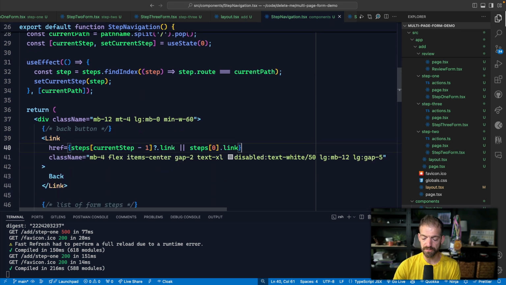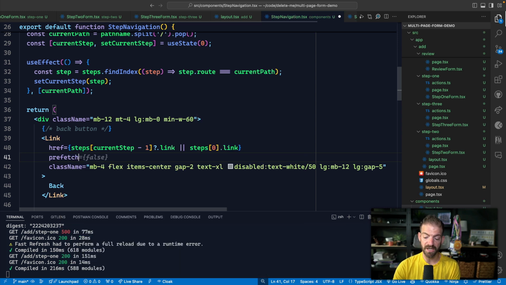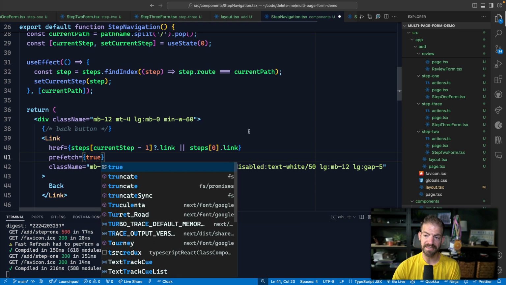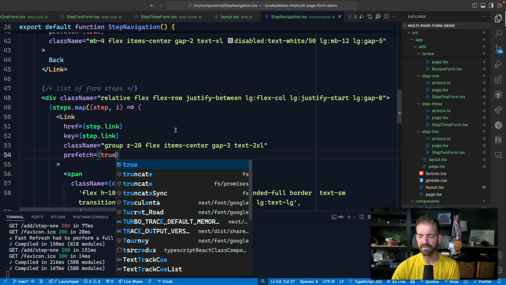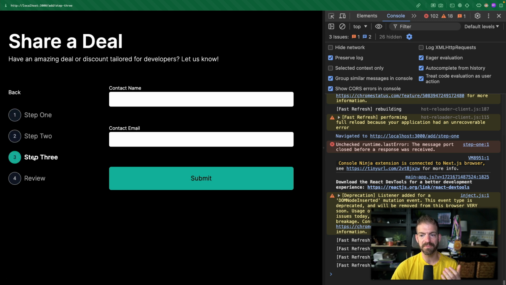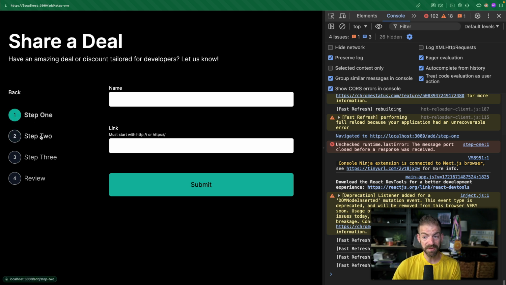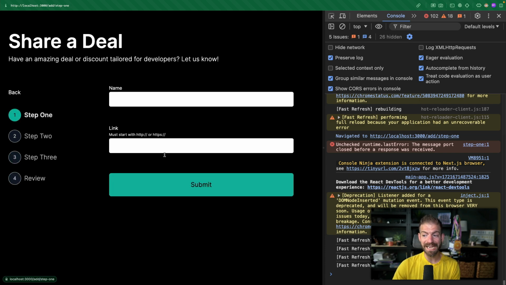Now, the other thing we could do inside of our link is add a prefetch of true for this as well. I think below we had this set to false, but we could do a prefetch of true. This will go ahead and fetch the information for those next steps. In theory, this will make those even faster. And then same thing for the back button, even though a lot of that information is probably already there anyway. So this multi-page form is starting to look pretty good, but now we need to actually work on handling these